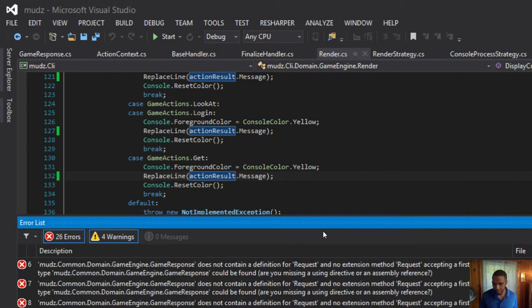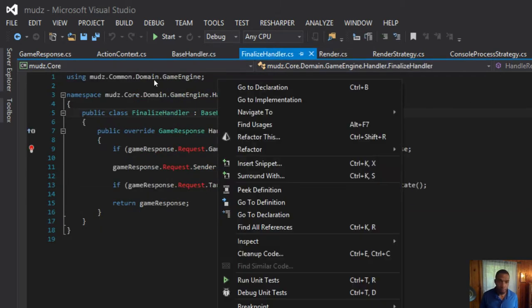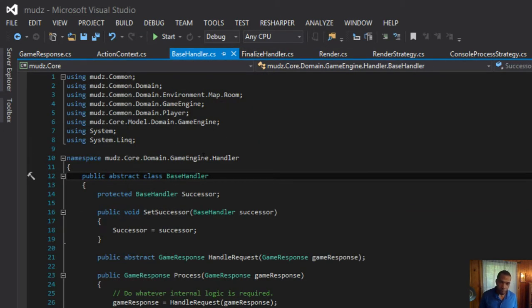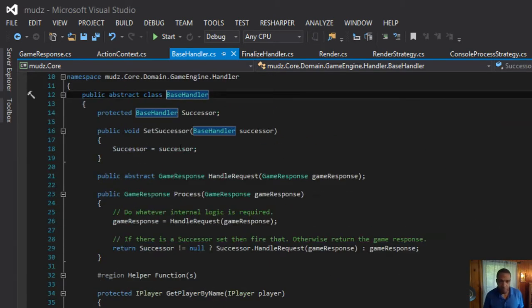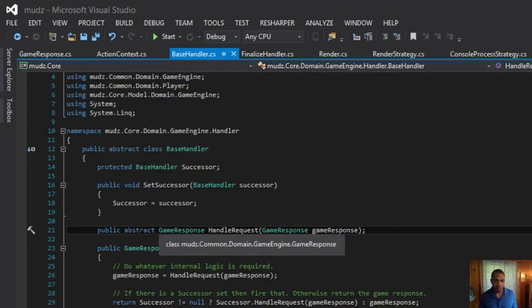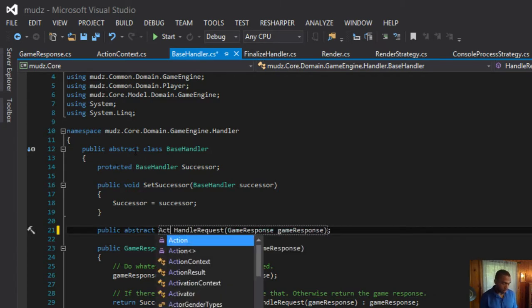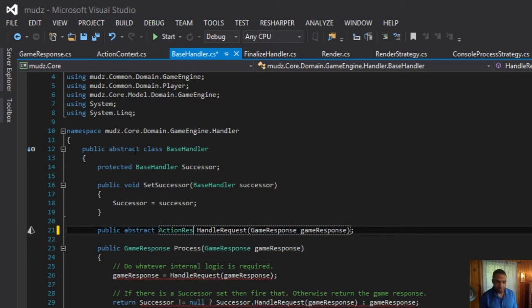So let's go to our base handler. And what we need to decide here is we have an abstract class that wants to give back a game response, and I believe what we want that to be is an action context, and we want it to take in an action context.